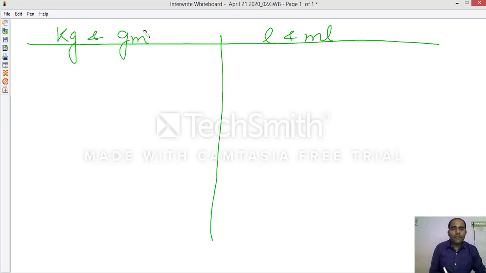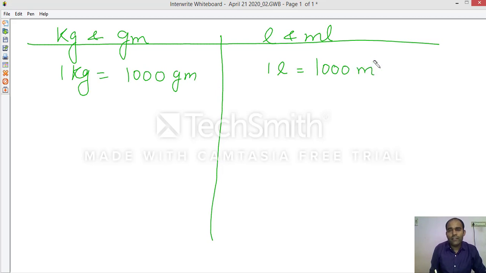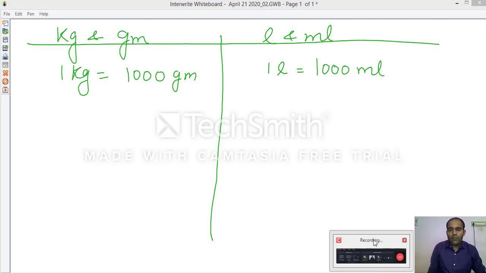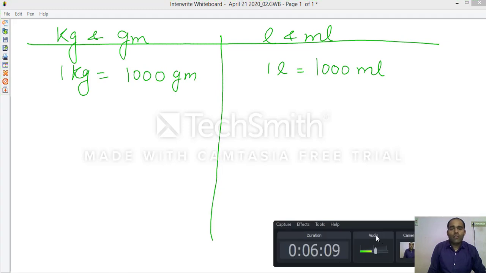As meter and centimeter, rupees and paisa have the same standard of 100, same as it is, kilogram and gram, liter and milliliter have the same standard of 1000. How? 1 kilogram equals 1000 gram. 1 liter equals 1000 milliliter.